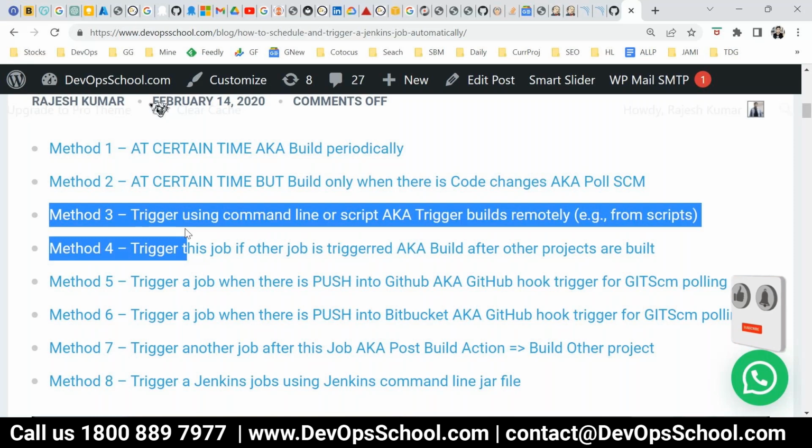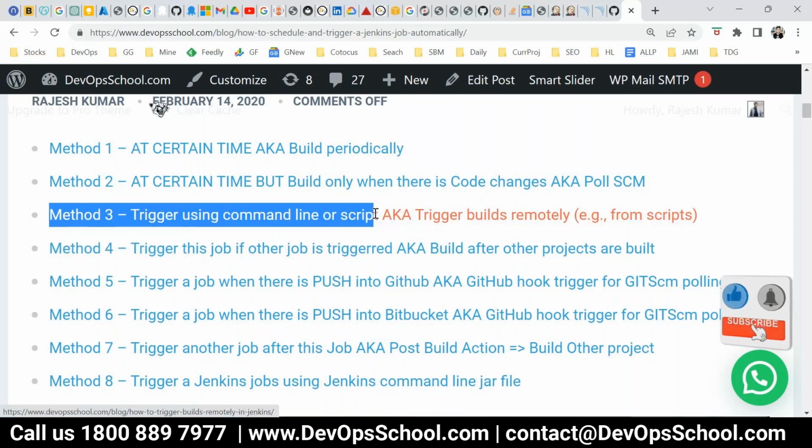Okay, you want to trigger a job using some command line, and this we call trigger build remotely. So if you go to the Jenkins,